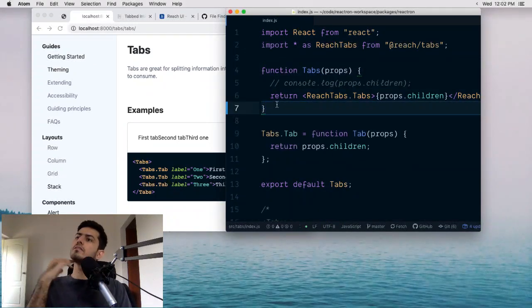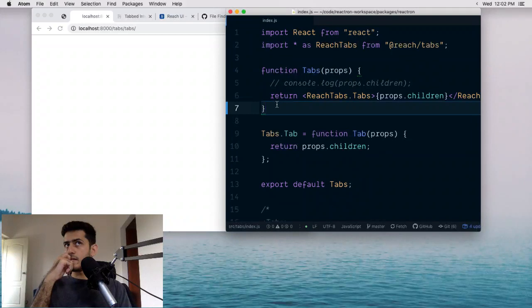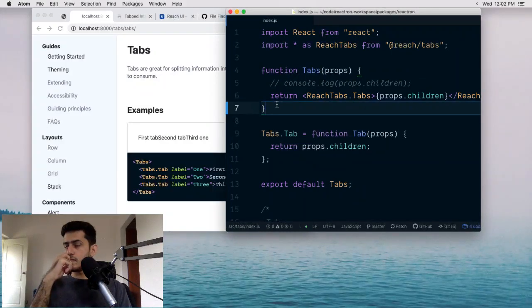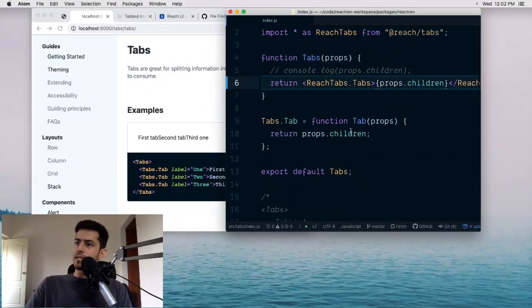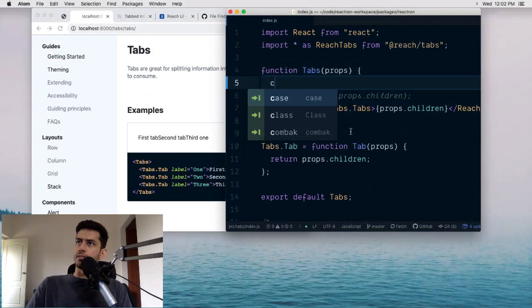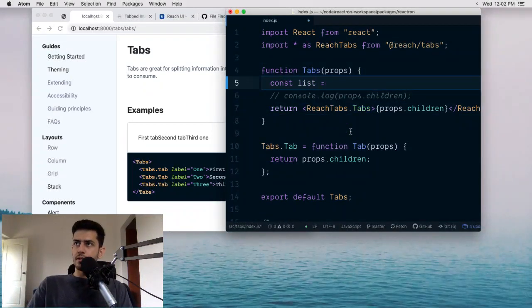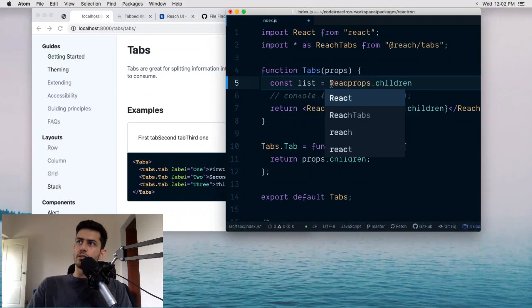Okay, let's hope that works. And then we need to create the tab list. So first of all, I'm going to create a list of all the tabs, which I can do by, I think, props if I map through them. So React dot,